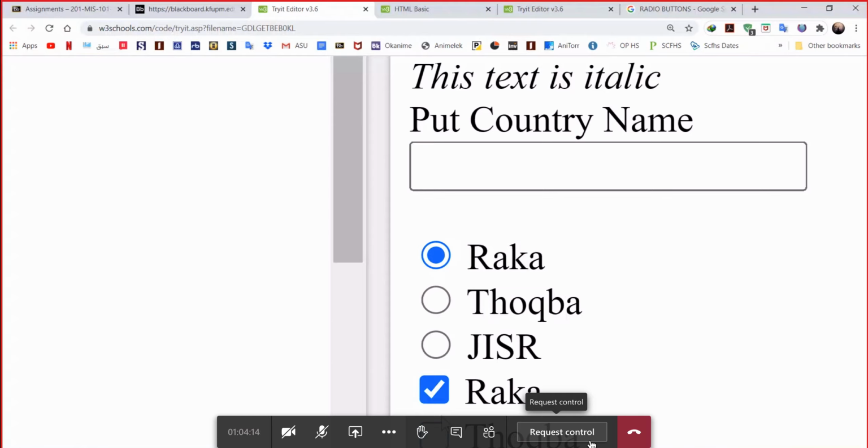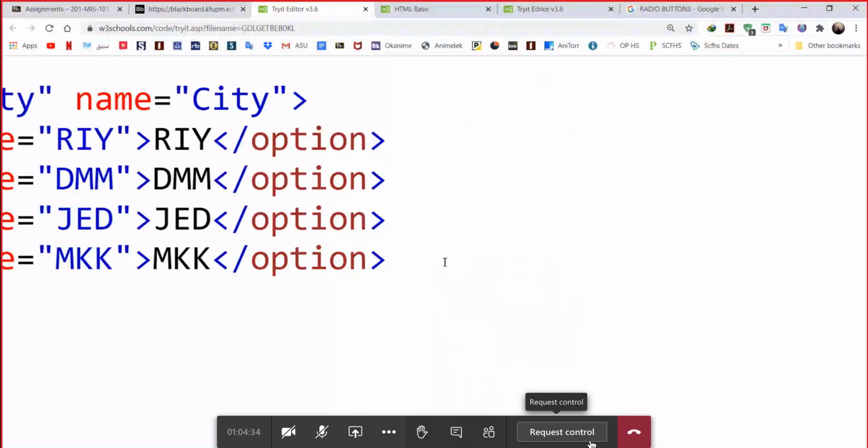So the checkbox gives you more options. At the end of the day, you can choose 1 or multiple or neither. But the radio button, you have to choose 1 and only 1. Got it? Yes, Mr. Got it. Okay. So the last one, it is form